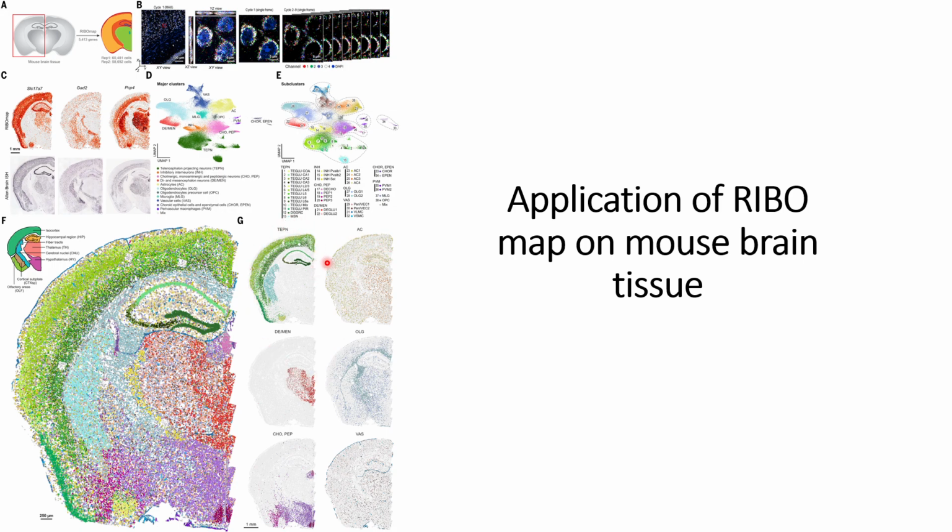We can see that each part resembles the data available in the literature for T, PN, DE, MEN, CHO, VAS, OLG, and AC. And they did this experiment two times, in biological replicates,